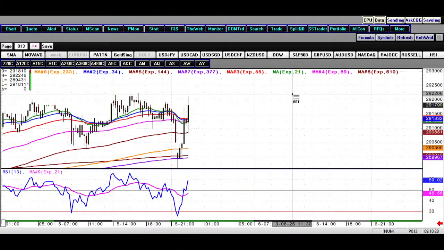So I am trying to go for a 17 buy, and what I'm going to do is try to raise my 11 to cost, because I'm already having an early entry, so I have an advantage. I'll try to put my stop loss at 11 or 12. Now I've already entered again at 17.